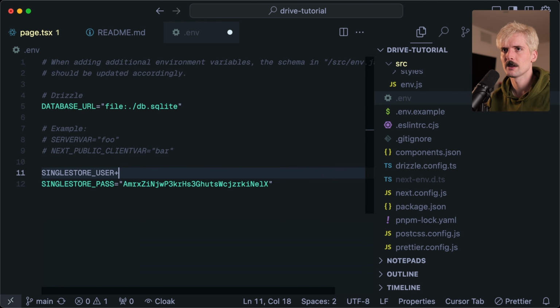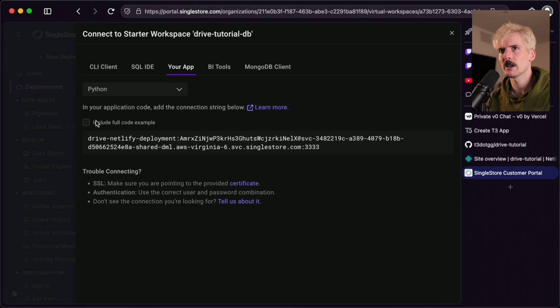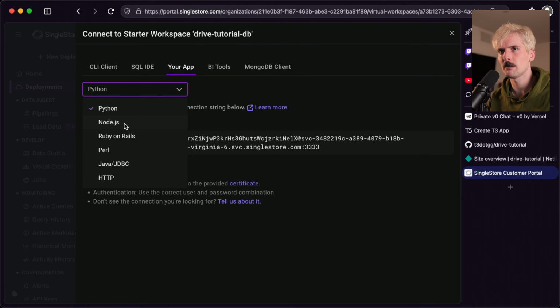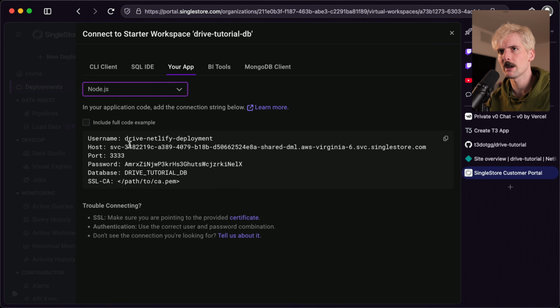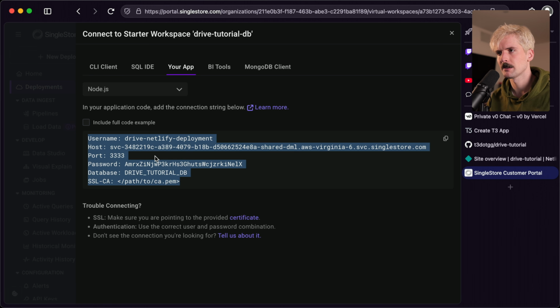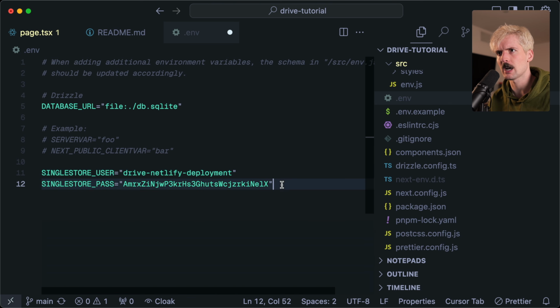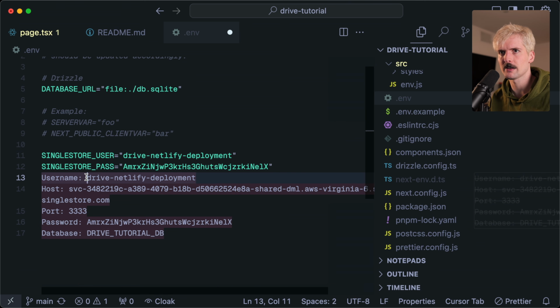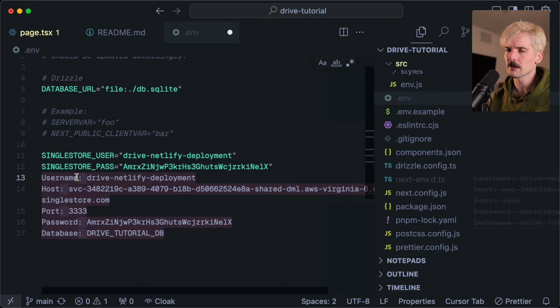SingleStore user equals that. Here it gives us a full connection string, which can be really handy depending on how you're connecting. But you can also grab it like this, which is all of the individual parts broken out. When I tried deploying this before, I had a couple annoying problems. Personally, I think those problems will be easiest to solve if you take all of these variables and copy them. So I'm just going to paste it like this. Obviously, these aren't actual variables, but if we do this to get started,